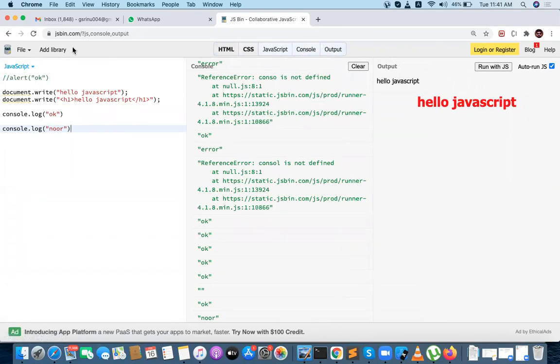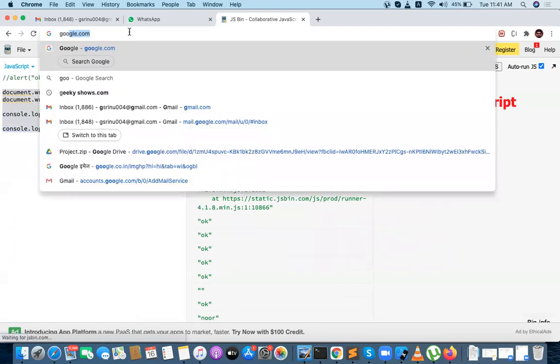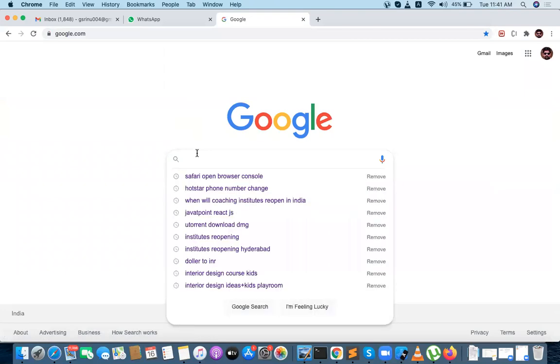Everything will be available in a single window. That is like JS Bin. From tomorrow onwards, we will work on this online editor. The complete programming syntaxes I will explain using an online editor. And there are a lot of online editors available. If you want, you can just check them out.